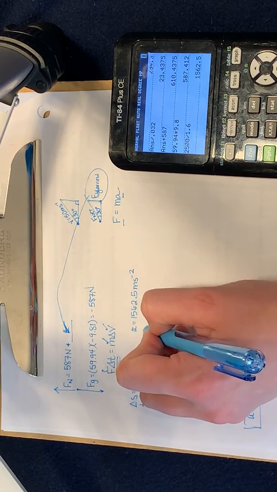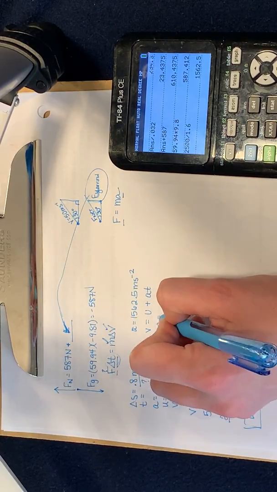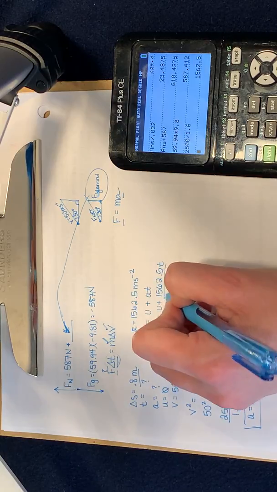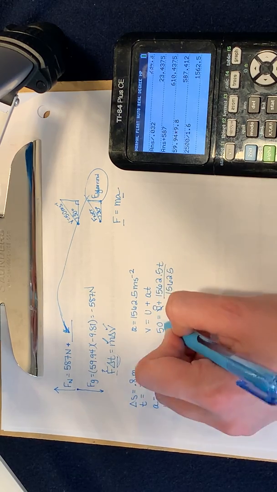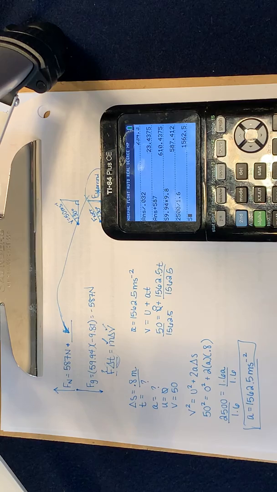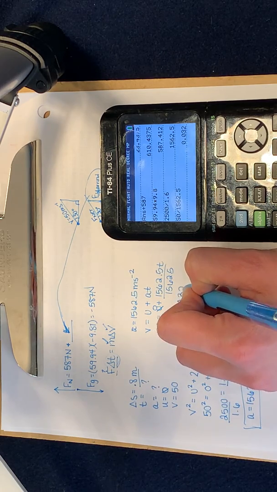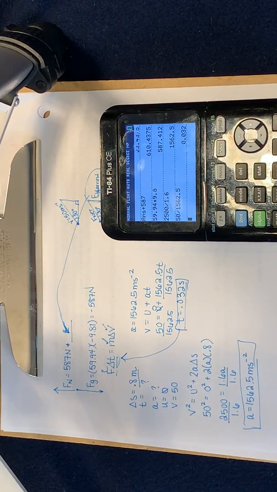And we can take that and we can do v equals u plus at. So 50 is equal to u plus 1562.5 times t. Divide both sides by 1562.5. This, of course, goes to 0. So if we take 50 and divide it by our answer, that gives us a really short period of time, which makes total sense. So now we have a time, 0.032 seconds,